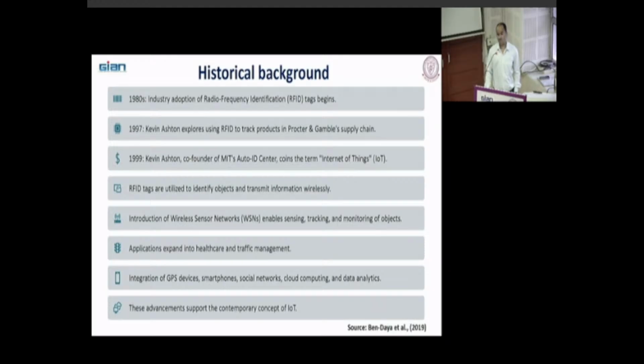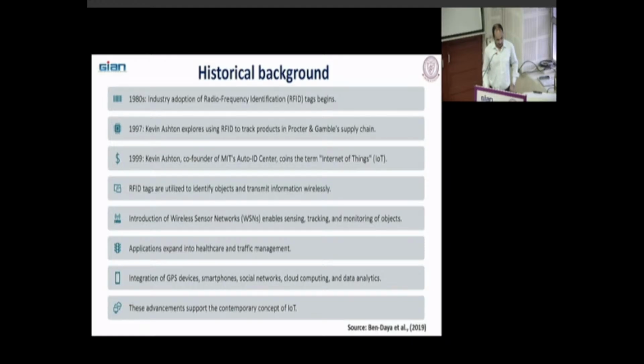There are many applications of RFID and these Internet of Things devices in healthcare and traffic management. In traffic management, it captures the flow of the vehicles, where the traffic is building, the congestion, and all those things. In healthcare as well, nowadays small devices, which you use on your body, will tell you exactly, like pacemakers. Yeah, thanks Rohit for the suggestion. So those kinds of small devices are now coming to identify any symptoms or problems related to your health.